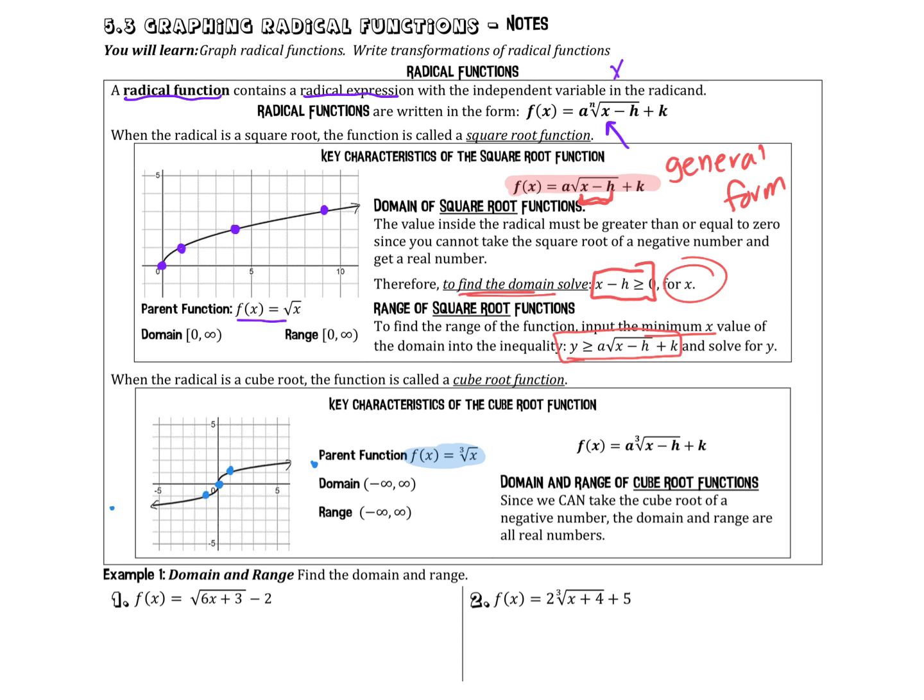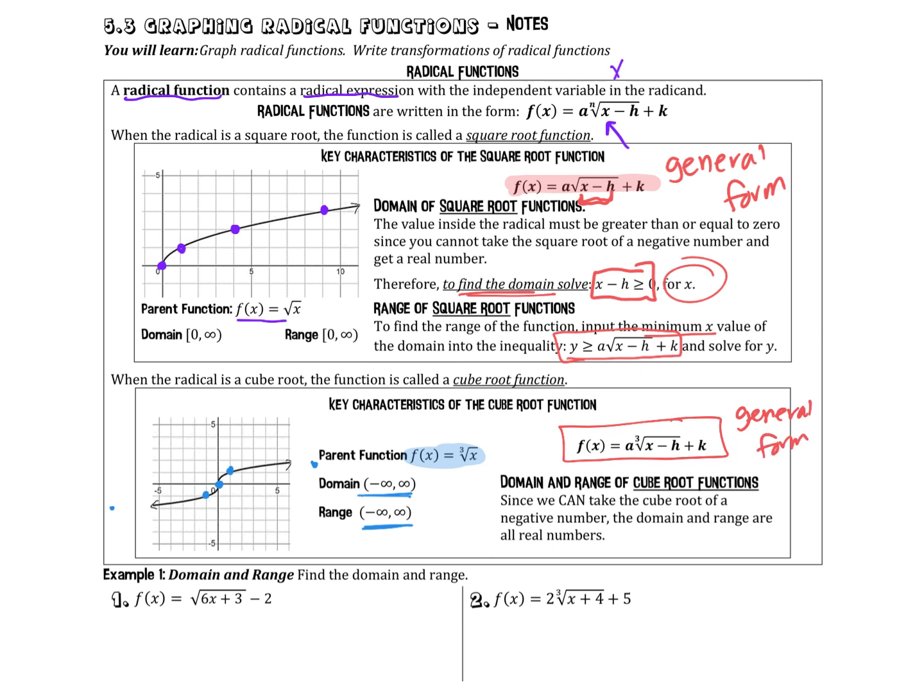But that just helps you see the general shape of the cube root function, which sort of looks like a flattened out or a pulled on little S kind of shape there. Since we can plug in both positive and negative numbers, the domain is going to be all real numbers. Now, even if we stretch or shrink or translate, which are all things we could do, again, looking at our general form here,